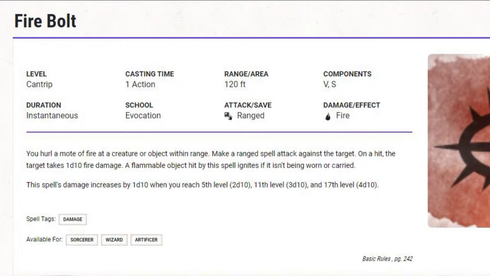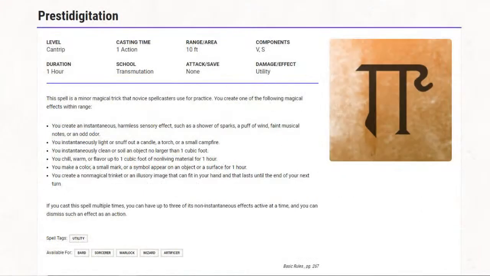Okay, next on our list would be number 4, and that's Prestidigitation, because it creates, well, let's just say many minor magical tricks that can be used with this to solve problems and essentially annoy the other players at the table, including your dungeon master, which I know sounds terrible, but that's often how it's used. It is essentially the Swiss Army knife of Dungeons & Dragons, and it's a really good spell.